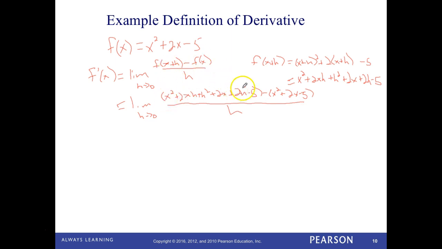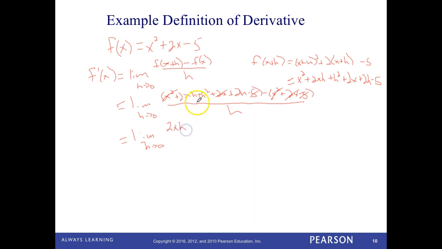So I've got x squared minus x squared, so those will cancel. I've got 2x minus 2x, so those will cancel, and I've got negative 5 minus negative 5, so those will cancel. And all I'm left with then is the limit as h approaches 0 of